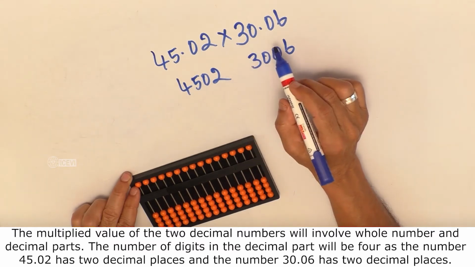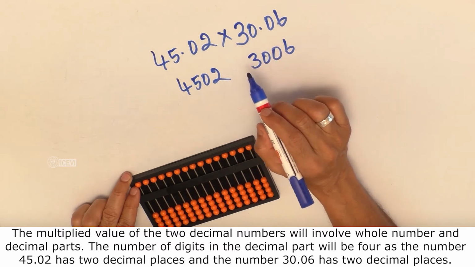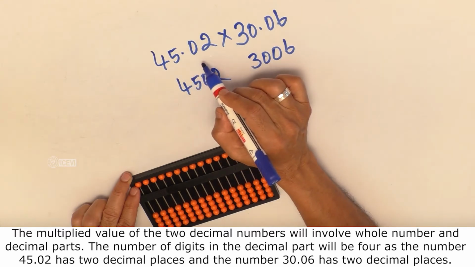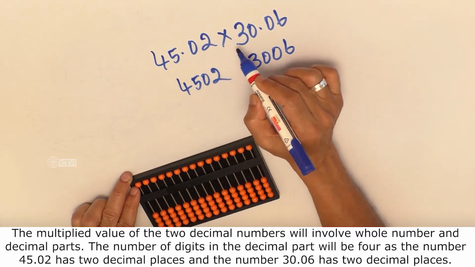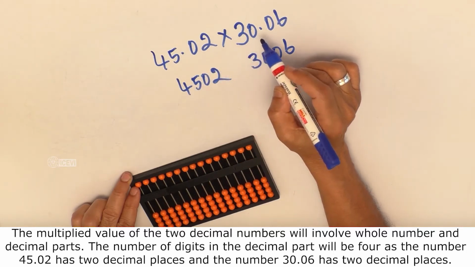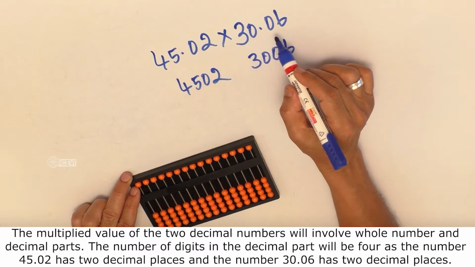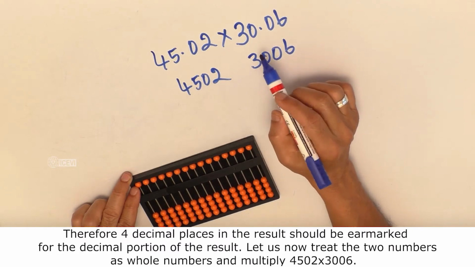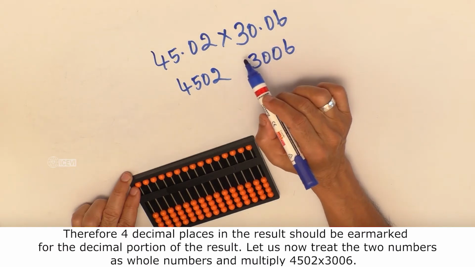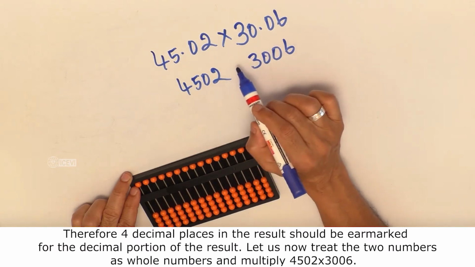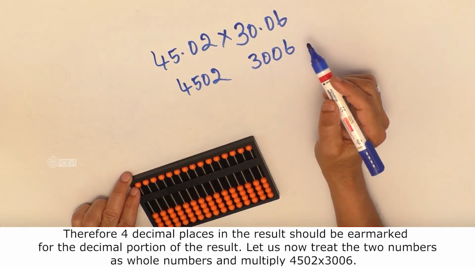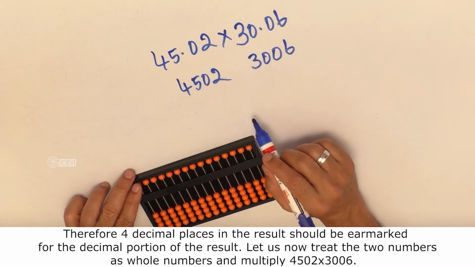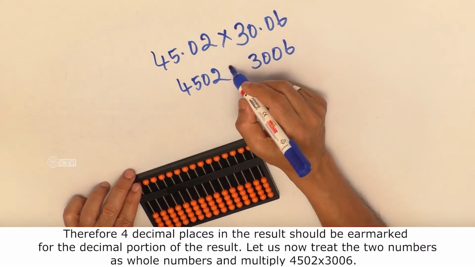The number of digits in the decimal part will be 4, as the number 45.02 has two decimal places and the number 30.06 has two decimal places. Therefore, 4 decimal places in the result should be earmarked for the decimal portion of the result. Let us now treat the two numbers as whole numbers and multiply